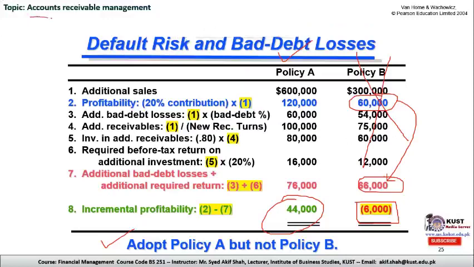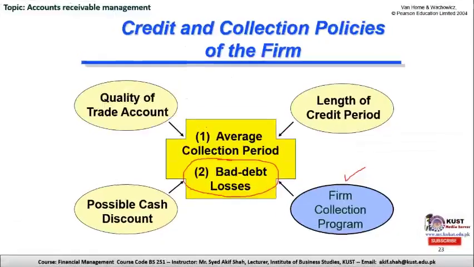So in this fashion, our account receivable will be managed in an efficient way. So this was all about the four factors of quality of trade accounts. Length of credit period was discussed in a couple of previous lectures, and in this lecture we have addressed the possible cash discount and its impact. And finally, if we change our credit collection policy, then we have to look at the bad debt losses to be catered and addressed. Along with that, we have to check the incremental profitability and the cost associated with that